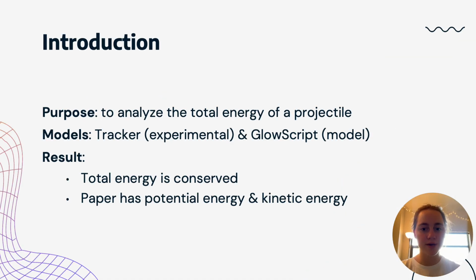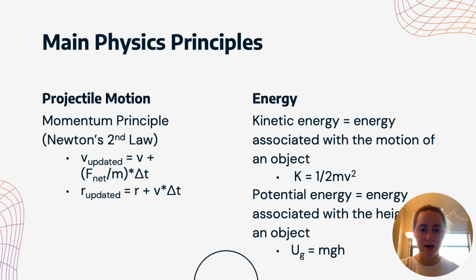In this lab, we were able to come up with our own experiment that accurately showed our skills and the coding principles we've learned throughout the lab. I chose to analyze the total energy of a projectile, and I used Tracker to gather experimental data, and then I used GlowScript for the computational model. The result is that the total energy was conserved, and the paper projectile that is thrown has both potential and kinetic energy. So, two main physics principles: projectile